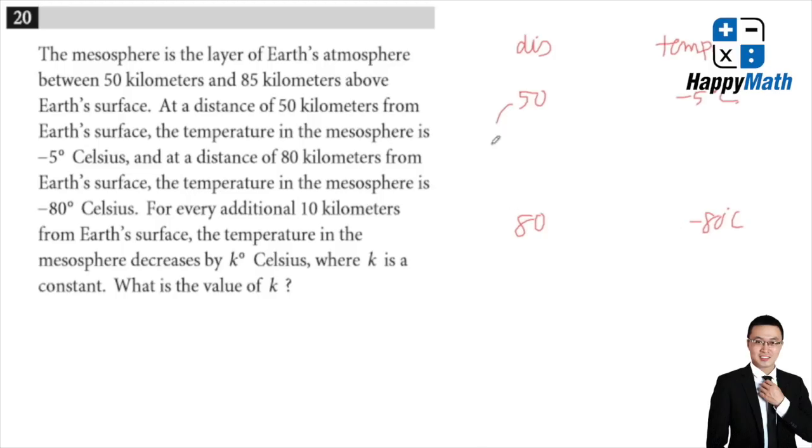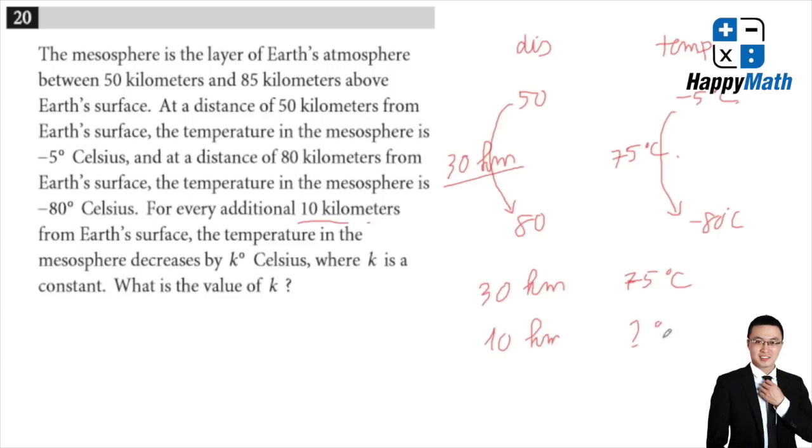So from 15 to 80, you move 30 kilometers, but minus 5, and here you decrease 75 degrees. So 30 kilometers corresponds to 75 degrees. So when we just care about 10 kilometers,